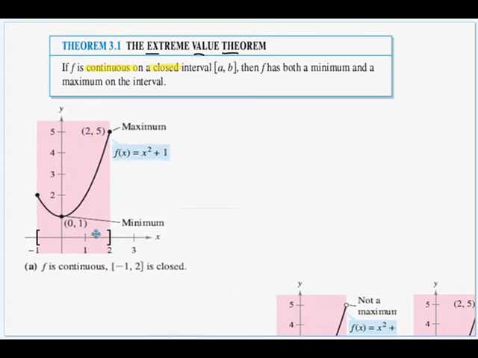Now here on this first graph, if we look at the function, we do have an interval from -1 to 2. It is a closed interval, so the endpoints are included. And looking at the graph, we can see that it is continuous. So this meets both the requisite pieces here of the extreme value theorem. It's continuous, it's a closed interval, so the EVT says there will be a max and a min somewhere on